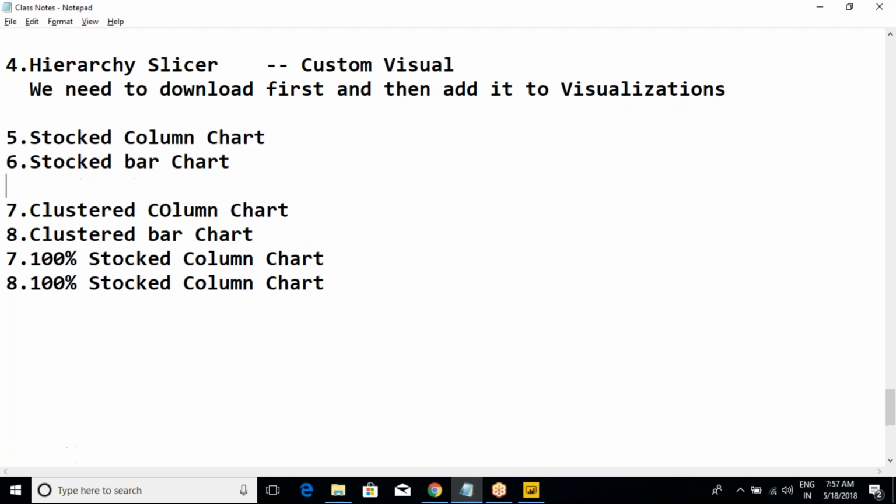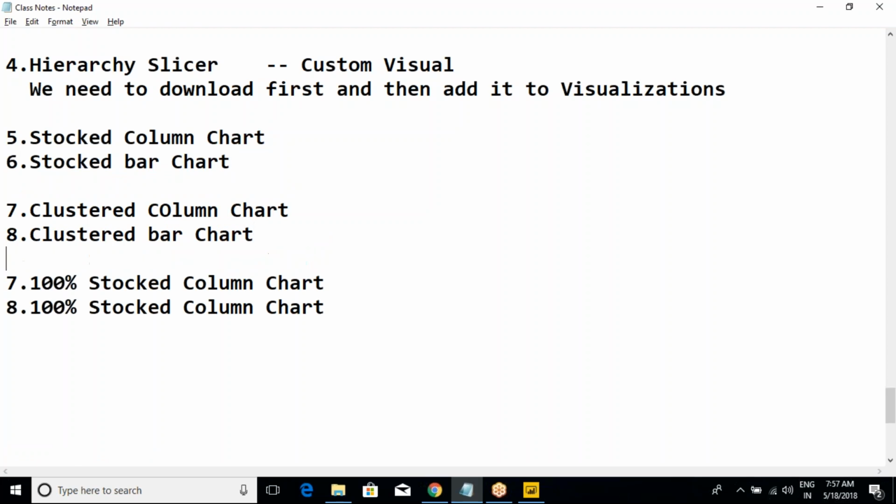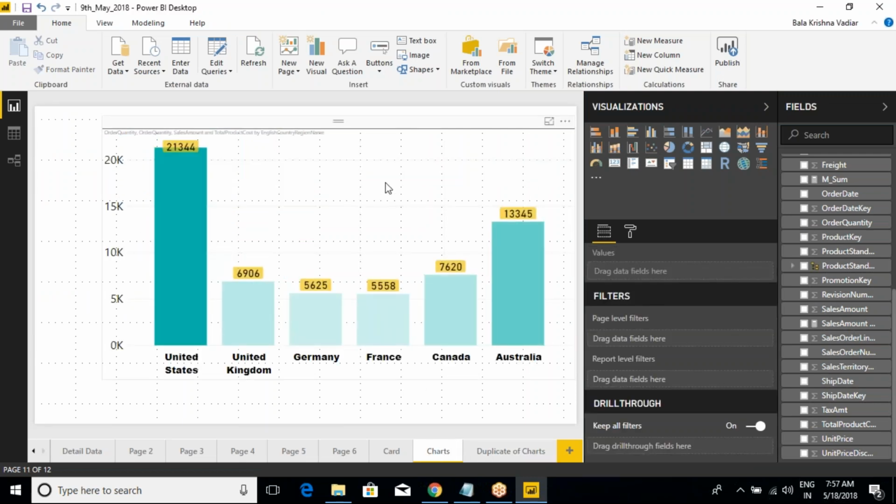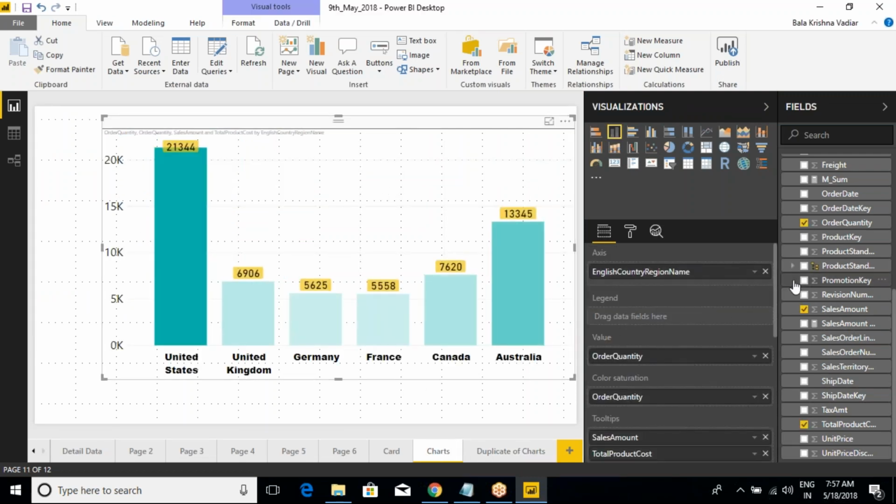So the next one will be clustered column chart and clustered bar chart. I'm repeating once again, whatever we discussed just now, that is the stacked ones. Stacked in the sense of whatever we just now discussed. Now, one thing I would like to highlight here: whenever we have a